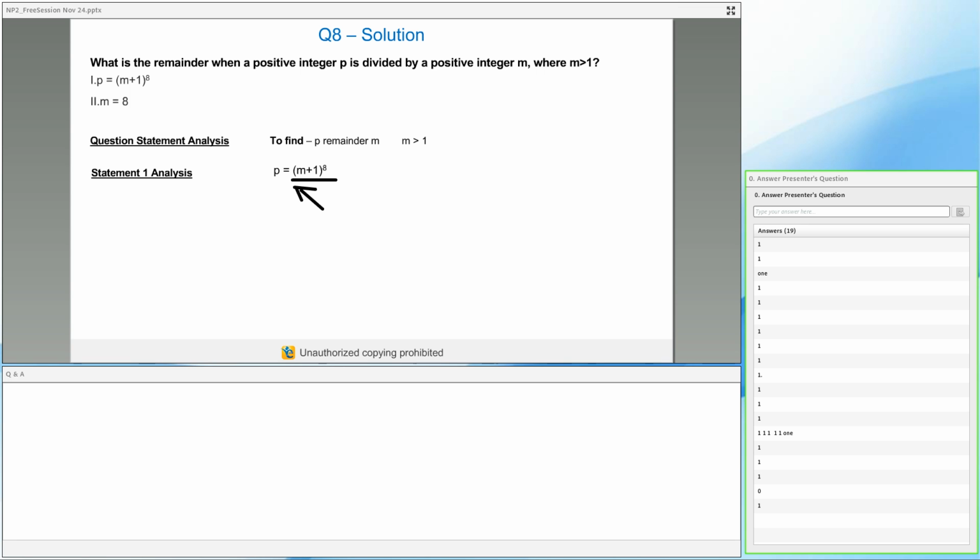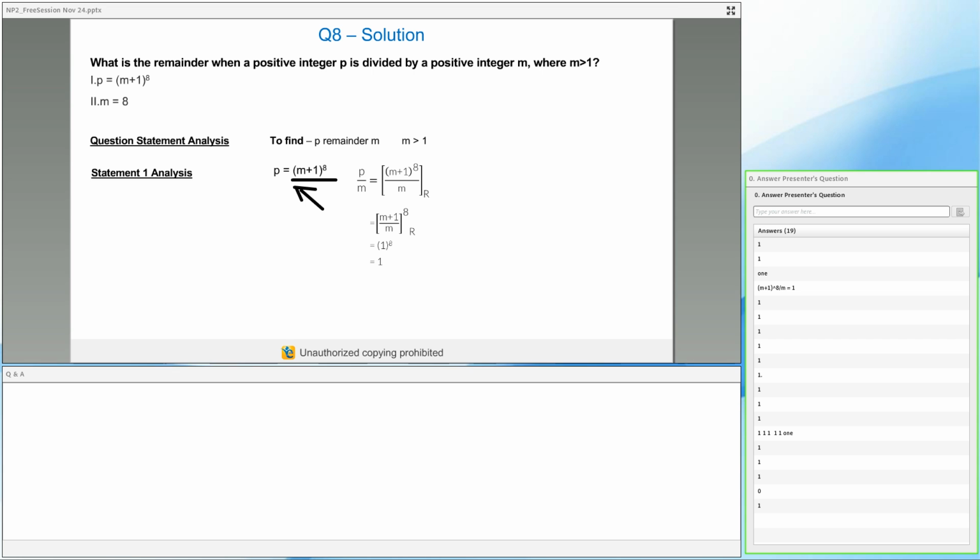You should only mark the answer as C when you cannot get the answer from the first statement. Now in this case, once again, forget the power for a moment and look at m plus 1 by m. Now split it, because this is almost like the similar question where I taught you 31 plus 43 by 7.